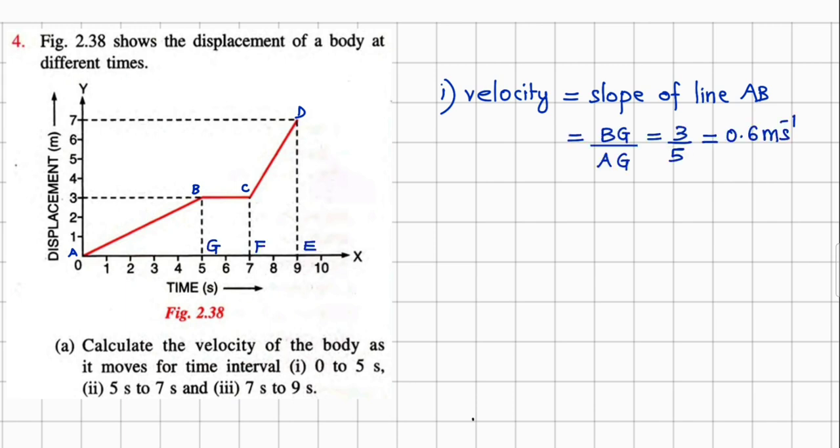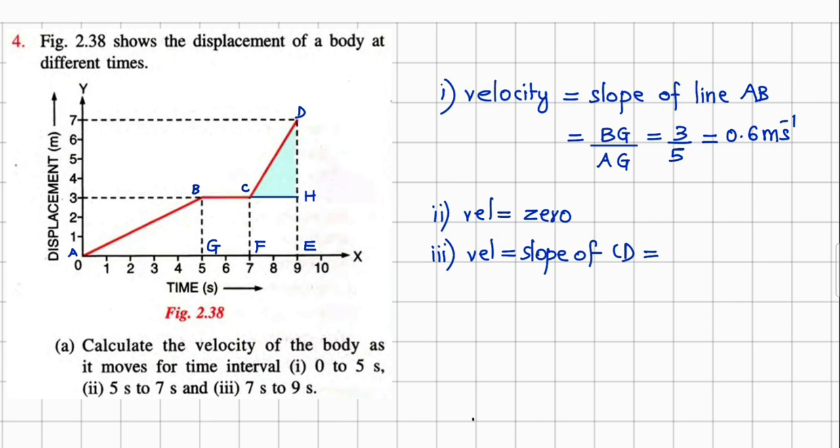which is BG upon AG, that is height upon base. BG is 3, AG is 5. Hence the velocity in the time interval 0 to 5 seconds will be 0.6 meters per second. Similarly, from 5 to 7 seconds, straight away you can write it as 0 because it is a line parallel to x-axis BC. And the third part, between 7 to 9 seconds, that will be equal to slope of line